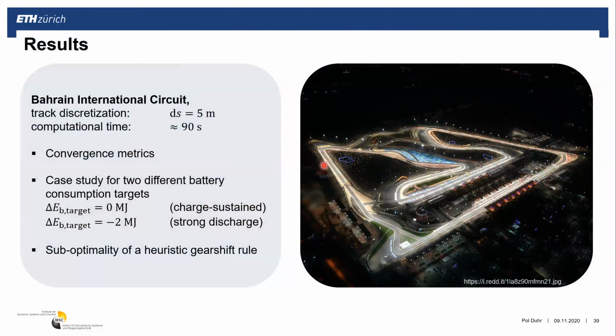We are going to have a look at a small case study conducted for the Bahrain International Circuit, which will host the Formula 1 Grand Prix in a couple of weeks. It's a nice racetrack in Bahrain. We have discretized it with a 5 meters spatial discretization. And just for reference, the computational time with the presented algorithm is in the range of 90 seconds to optimize